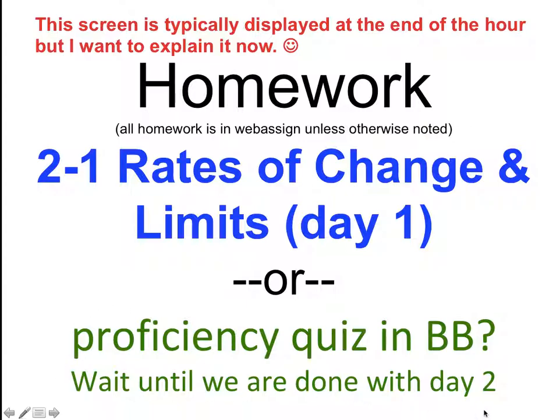Each section has a proficiency quiz in Blackboard that covers the whole section. So for instance, you can do 2 homework assignments in WebAssign and get them to 100%, or you can do a proficiency quiz in Blackboard, but you have to pass that the very first time you take it. And that quiz is for the whole section, so it would take the place of 2 homework assignments. But like I said, if you don't get